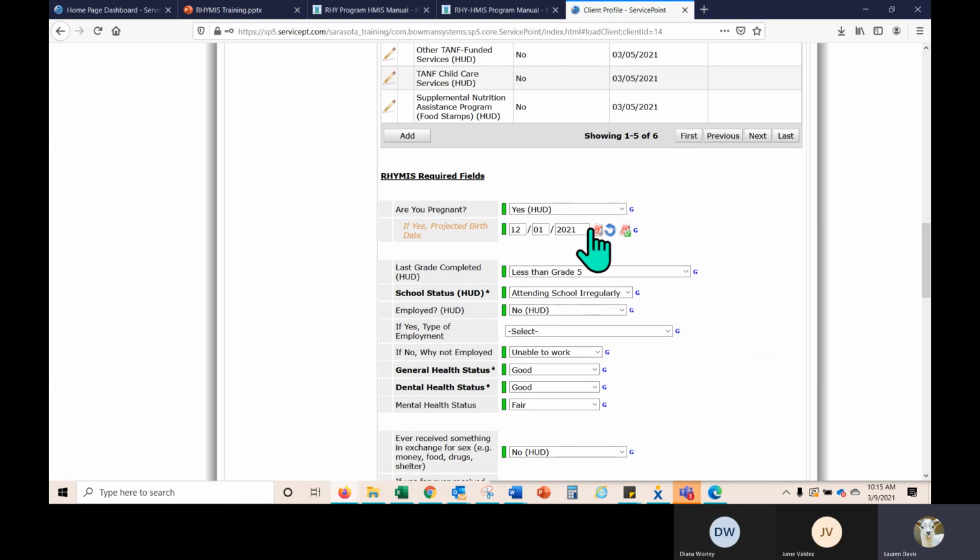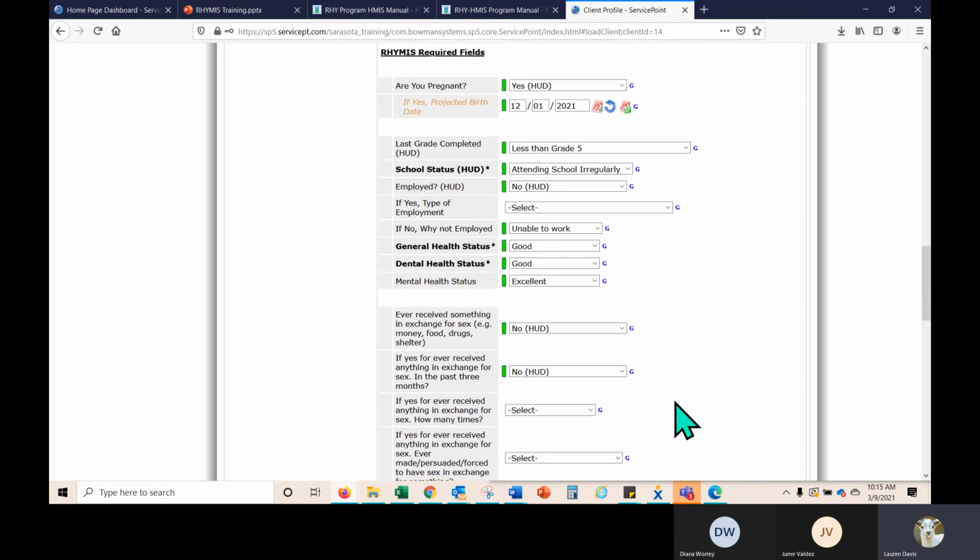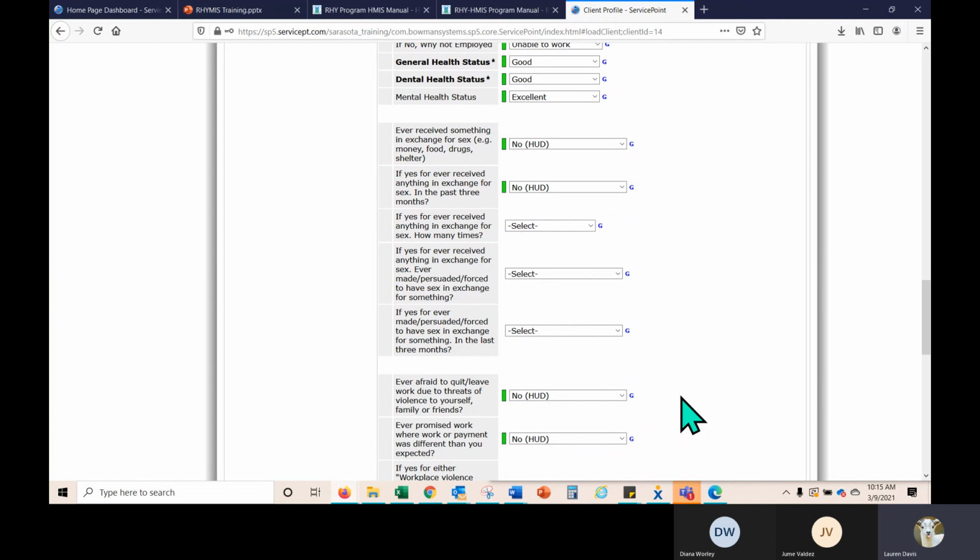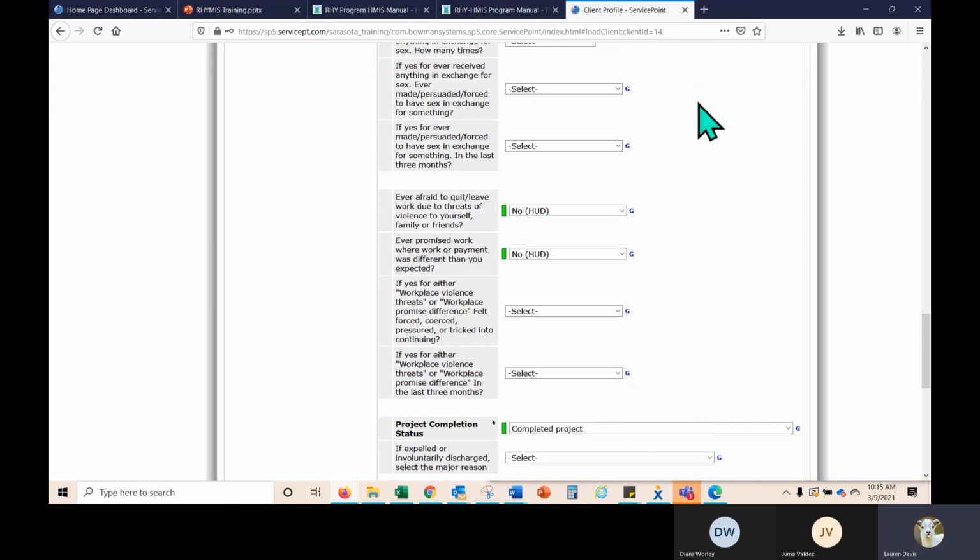And this might even show progression, because if you had it in an interim, maybe while she was staying in your project her mental health status was fair, but by the time she's leaving it's excellent. That's something you can show, the progression of the client and how the stay at your agency actually improved her mental health. And you can report on that as well.